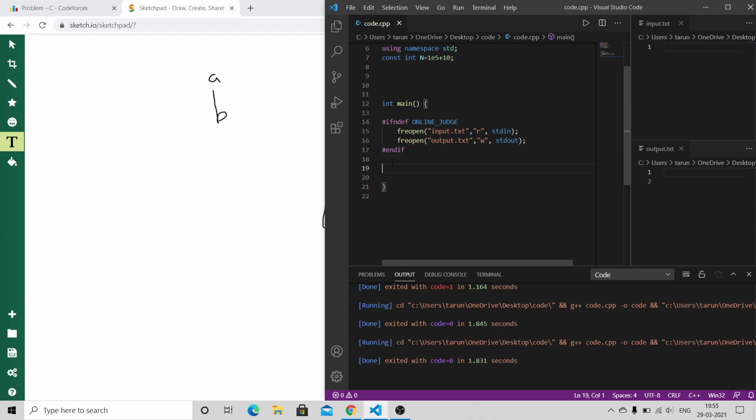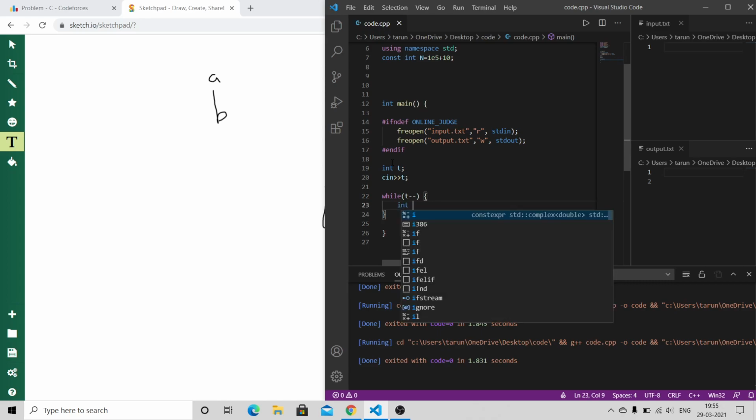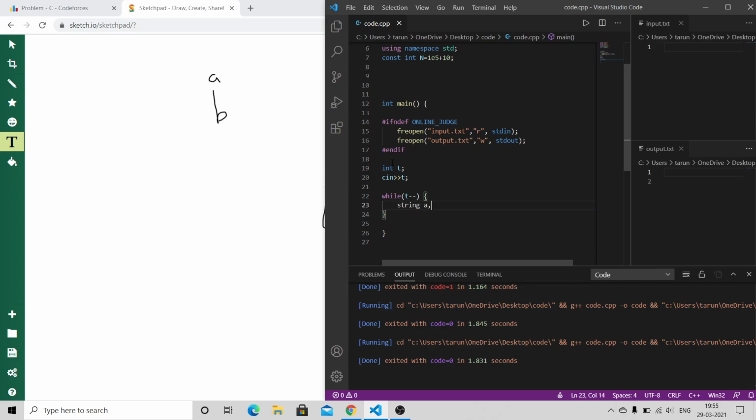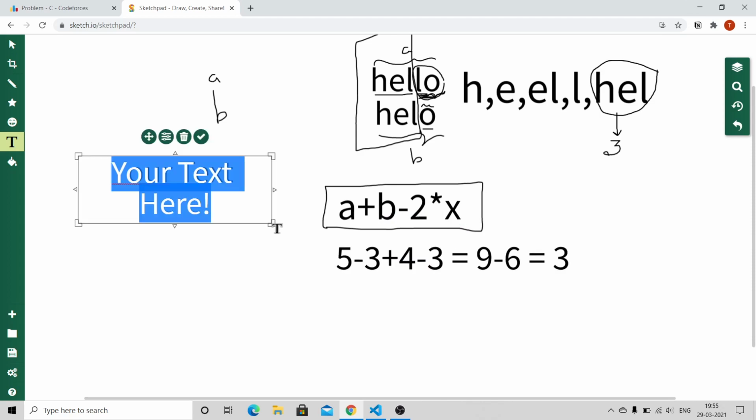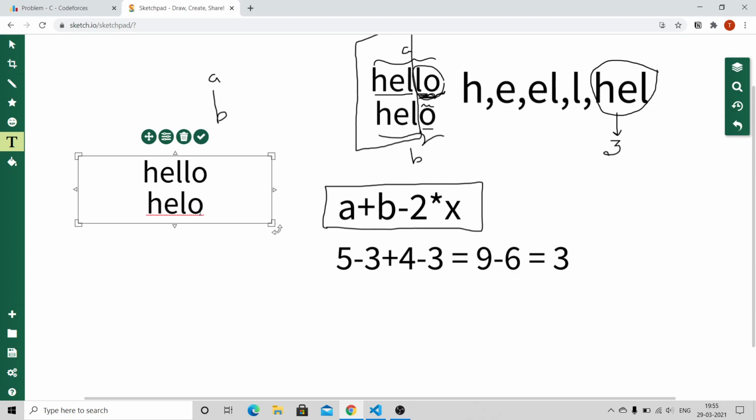So we'll be given some test cases. We'll be taking the test cases, then for each test case it is given that we'll be having two strings, namely A comma B. So let me take a comma b. So now to find the string with the maximum length, the logic is as follows. If we are given two strings, to find the subarray or substring with the maximum length,